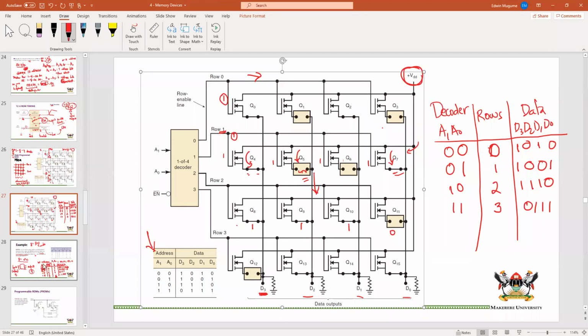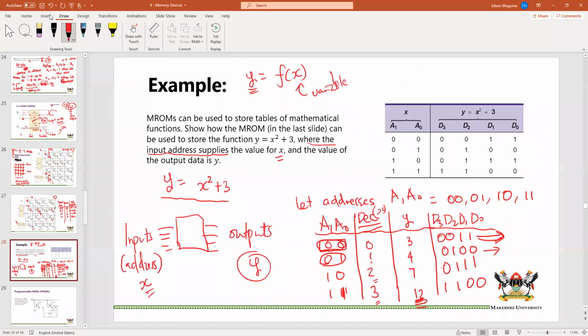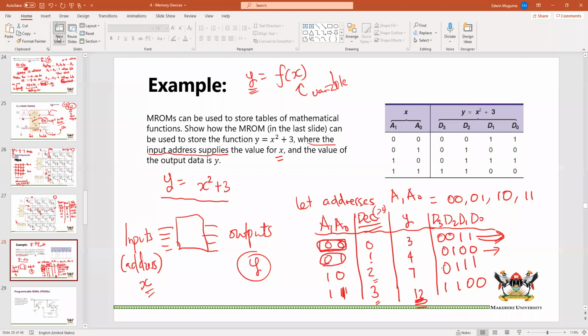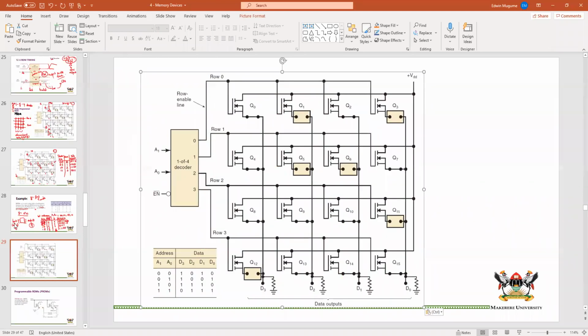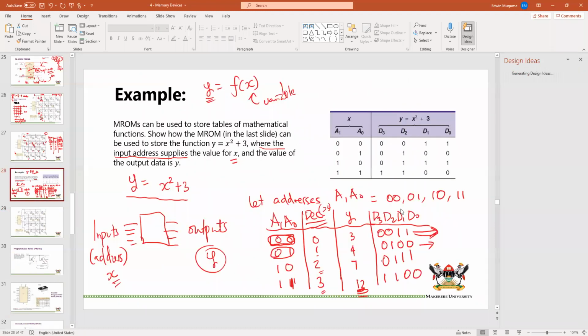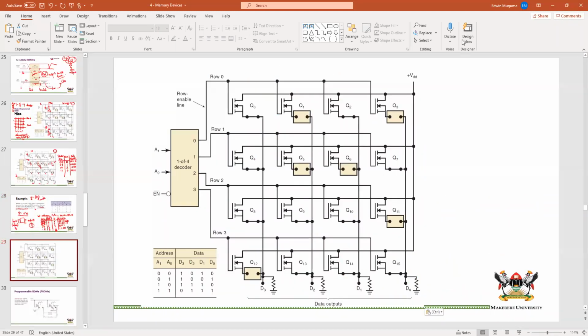I want to see how we can now program our mask programmed read-only memory. So now I see that, for instance, when I'm doing 00, my output is 0011. So for 00, my output is 0011, and this is the decoder. Obviously, this is going to be row 0, because if I have my inputs as 00, I'm going to be selecting row 0. So I would break this,